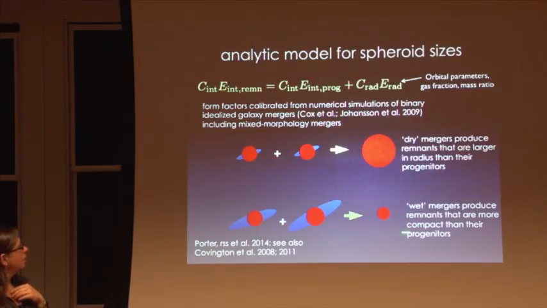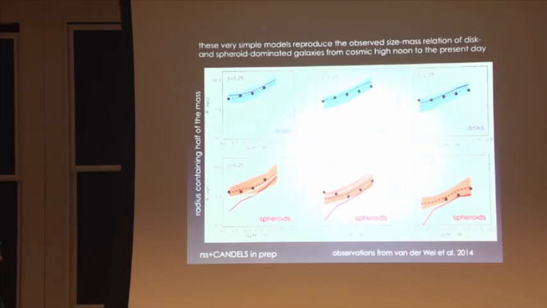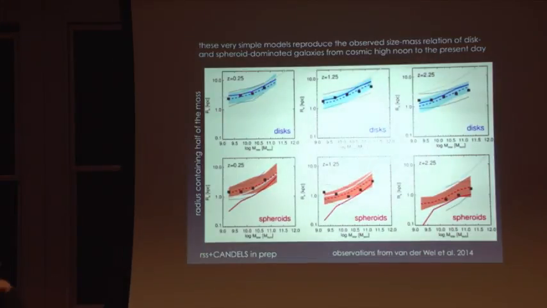This one? They could, indeed. This is a cartoon. Yeah. You're absolutely right. And in the semi-analytic model, we do sort of track things in more detail in that way. But this is a cartoon. Yeah, sorry. Okay. So in the semi-analytic model, we track the mergers. We apply these recipes to compute the sizes of the disks and the spheroids. And remember, disks are being transformed into spheroids, and spheroids are growing new disks all the time. So there's traffic both ways.